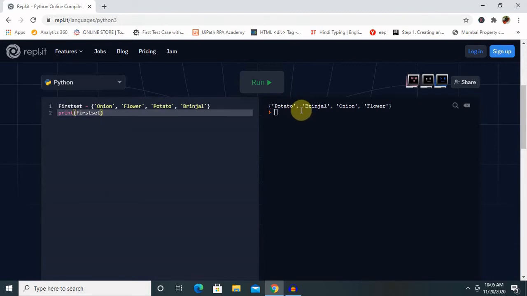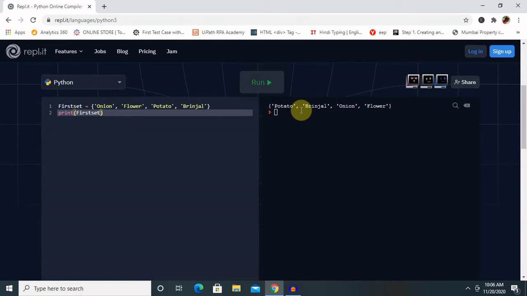Accessing items: we cannot access items in a set by referring to an index or a key. For accessing, we have to use a for loop, or ask if a specified value is present in a set by using the in keyword.